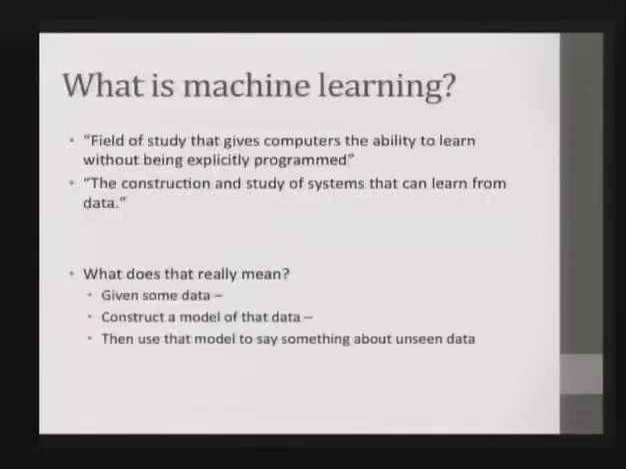So you can ask the question, what is machine learning? Some people have said it's a field of study that gives computers the ability to learn without actually being explicitly programmed to do the things that they do. Or it's the construction and study of systems that can learn from data. So what this really means in practice is that, given some computer or some algorithm a lot of data, can you construct a model for that data and then do something with it? So predict something about the future or extract some meaning from that data